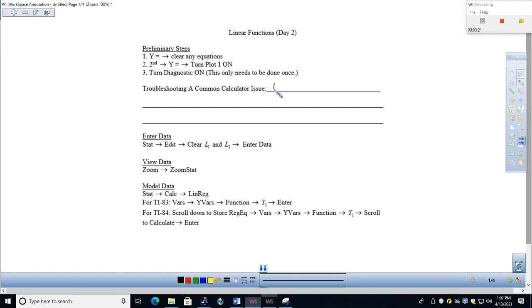So here's what I wrote. If you get an invalid dim, that's what it's going to say. It's short for invalid dimensions, so it should look something like that, invalid dim error message. If you ever get that when working with functions, and you won't get it today because we've got our plot on and we're using it the appropriate way. But if you ever get an invalid dim error message while graphing a function,